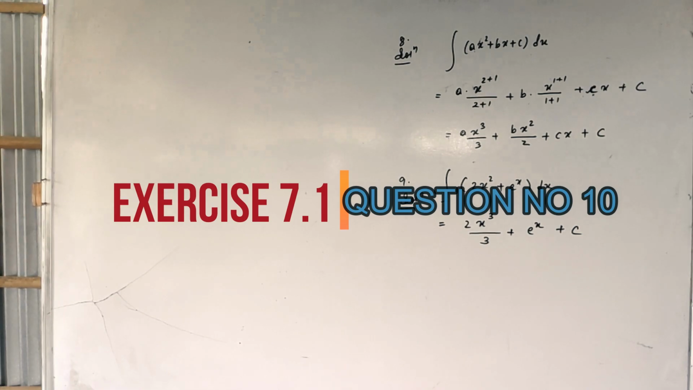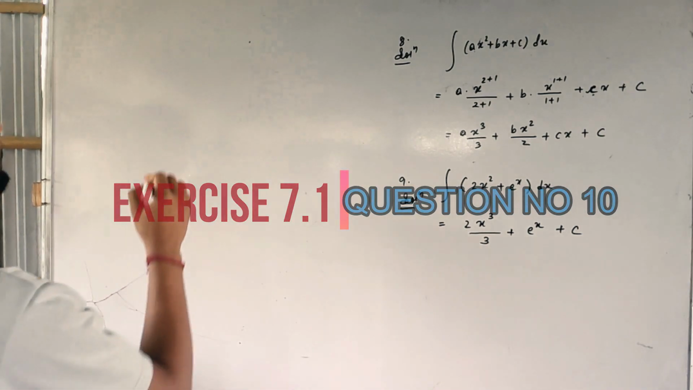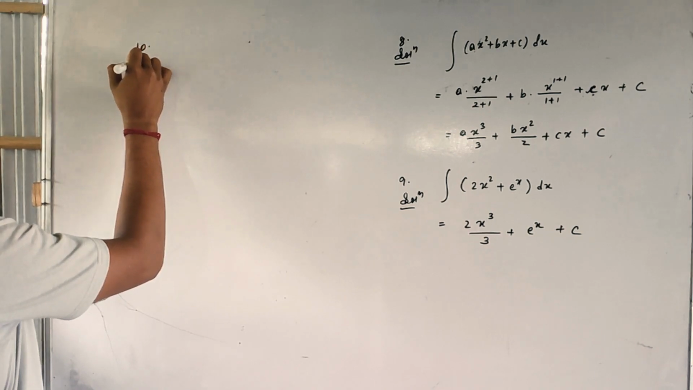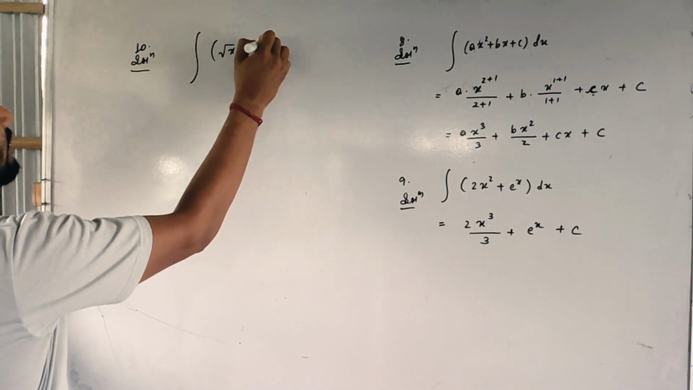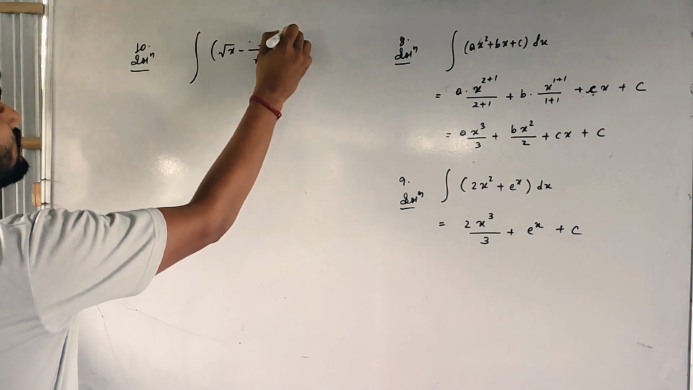Question number 10 is the integral of (√x − 1/√x)² dx. Question number 10, solution: integral of (√x − 1/√x)²